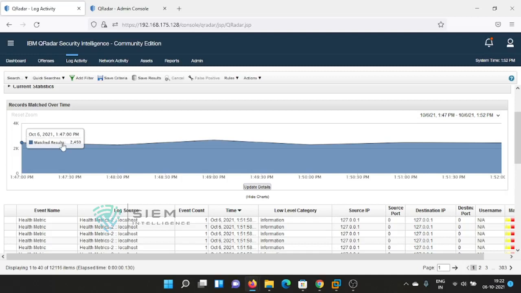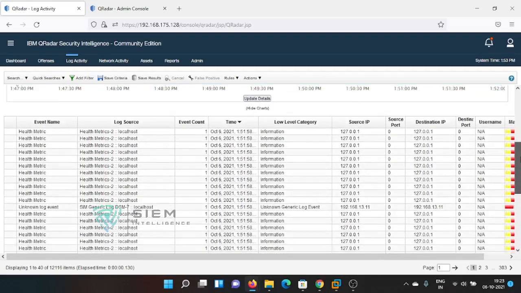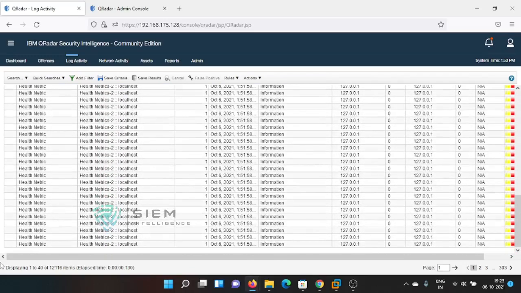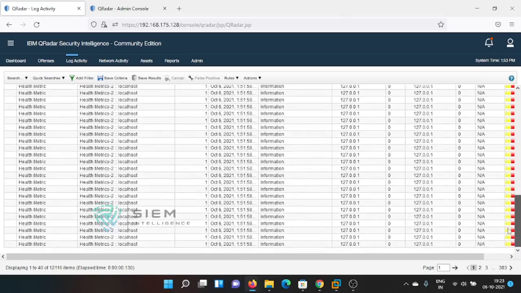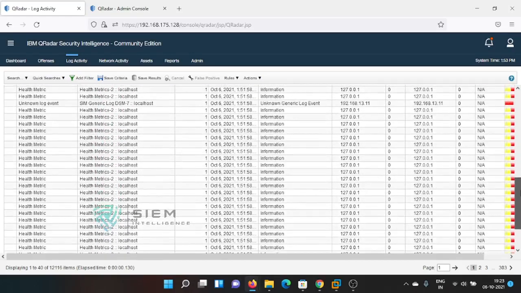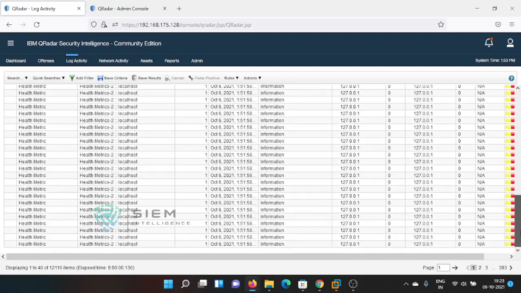the logs count is 2450. At 1:48 it is 2226. Like that, it gives the entire quantity. So this is what is called a time series. You can also see all those data. See, there are a total of 12,1116 items. By default, the number of lines shown used to be 40. You can change the value, but by default it is 40, and this is the number of pages.